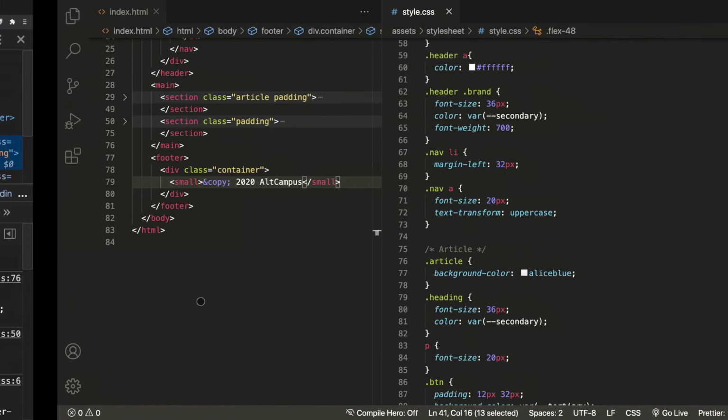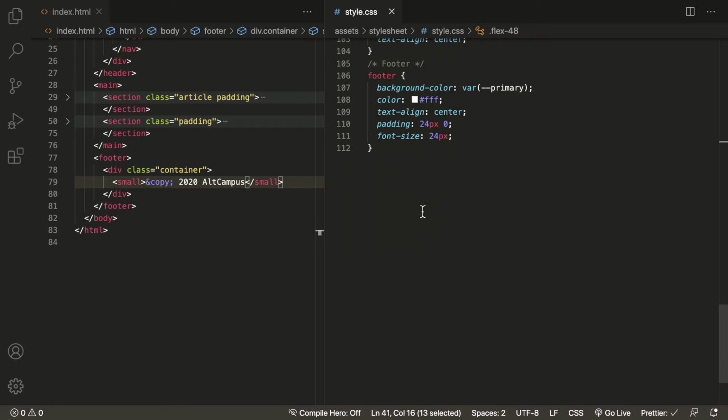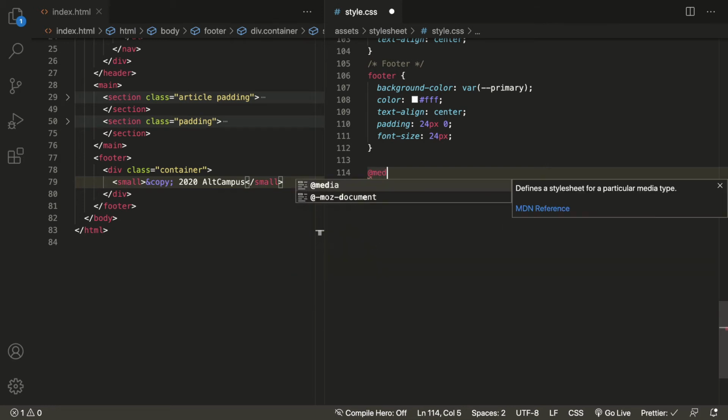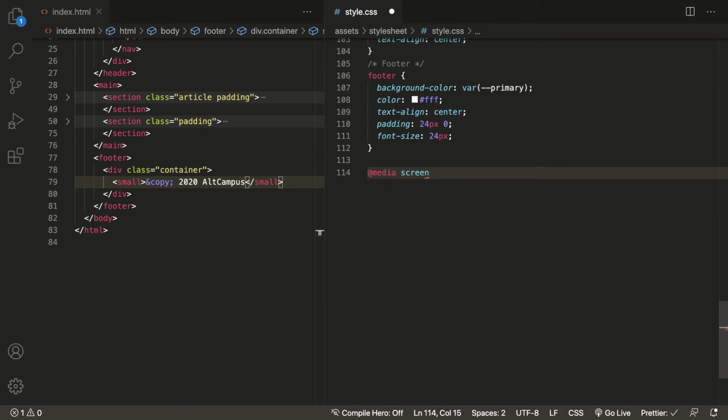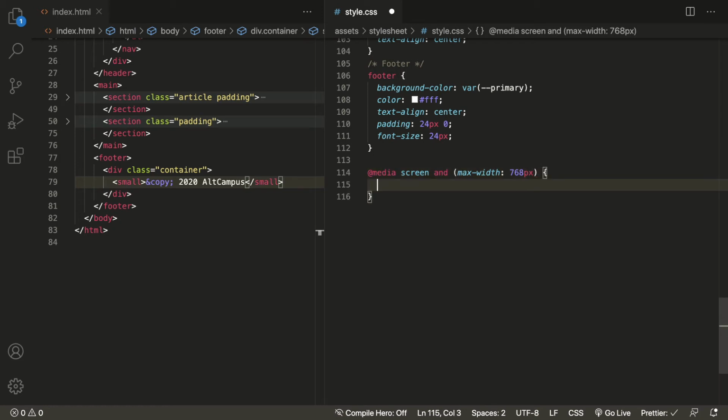So let's do that. So we need one thing here. Now we are making our layout adaptive. So let's define media queries. Media screen, we will say, and max width of 768 pixel, and thereafter inside these curly braces, inside the query, now we need all the columns to be taking